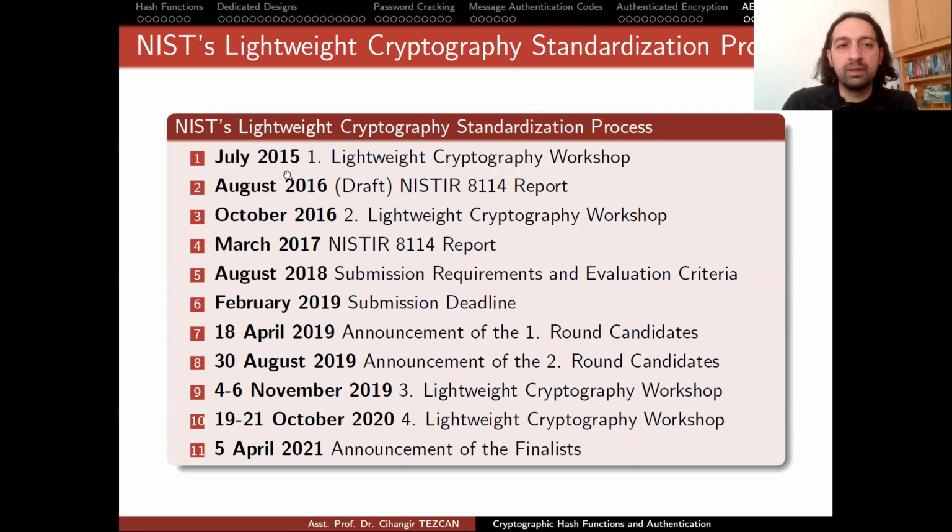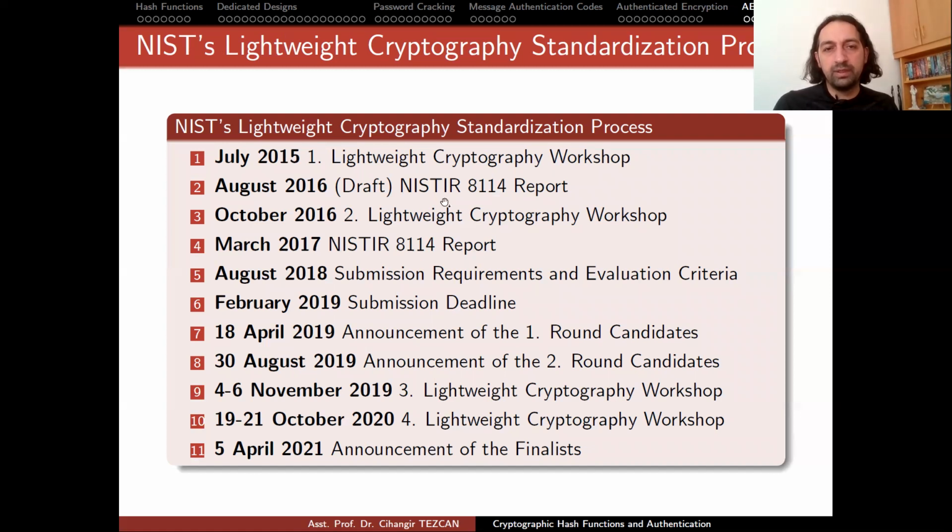It was announced in 2015 because NIST realized that they have AES for encryption, and it is good on almost all platforms, but for very lightweight devices, it is a good thing to have another standard. Actually, the first workshop was held in 2015 to see if there's such a need. And after communications with the industry and academicians,